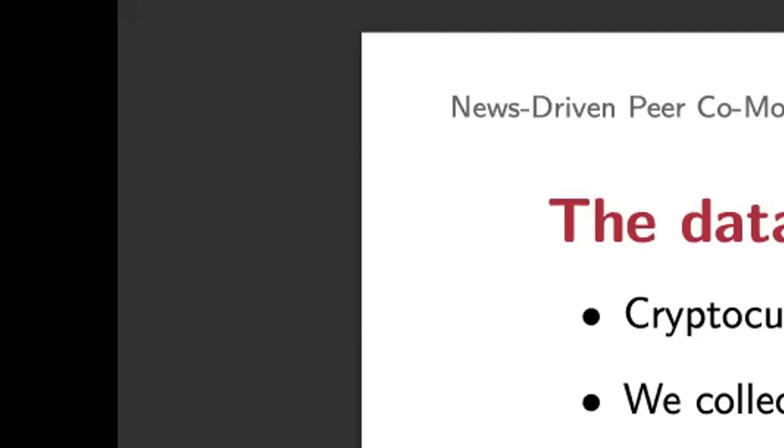We also collect some social media data, but I'm not really going to present any evidence on that. And then finally, we're going to go to CoinAPI, which provides exchange data. So from CoinAPI, we're going to be able to say which cryptocurrencies traded on which exchanges at which point in time. And that's going to allow us to control for the correlated demand channel of exchange shops. Now we're going to consider the 100 largest cryptocurrencies by market cap that were alive at some point during our sample. And the time period is going to be October 1st, 2017 through November 30th, 2020. Now, this may seem like a short time period, but because of the wide cross-section, we actually obtain a lot of data. We have around 90,000 crypto-week observations.